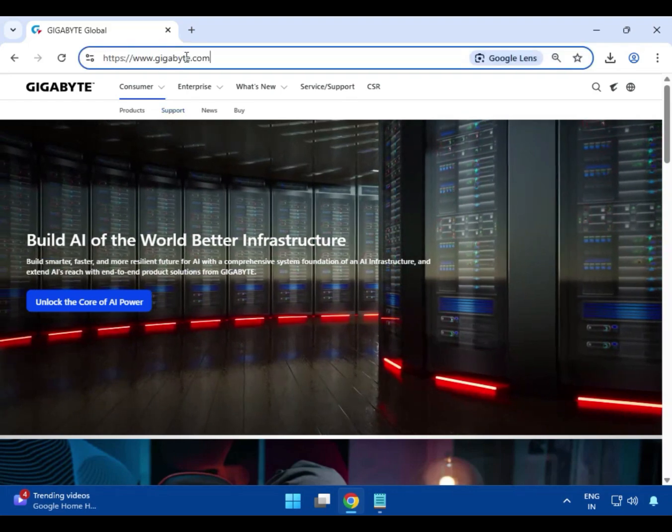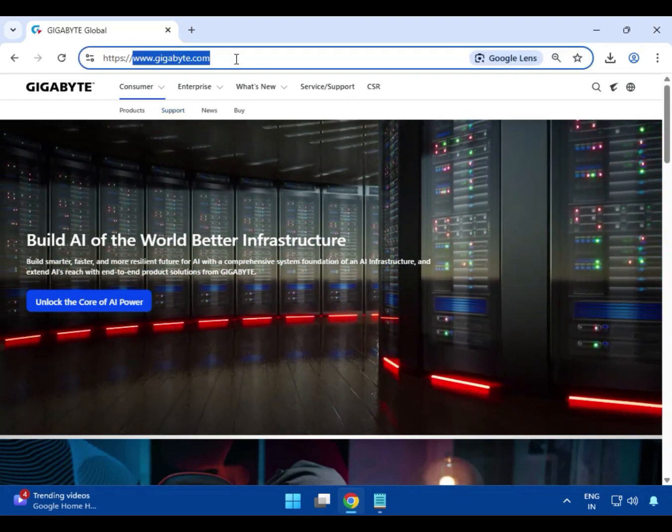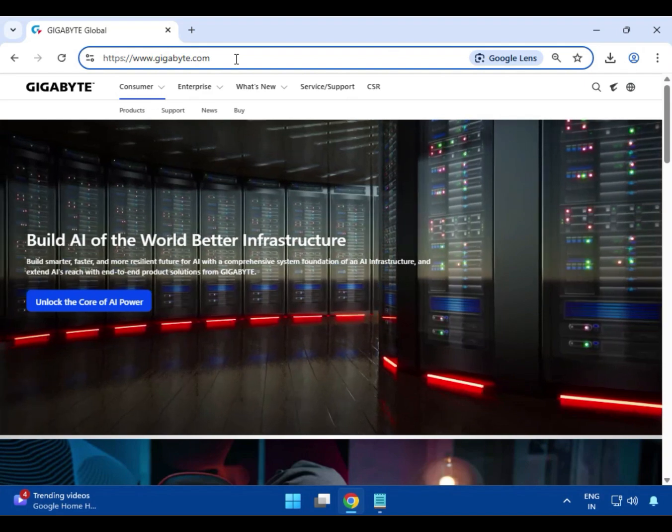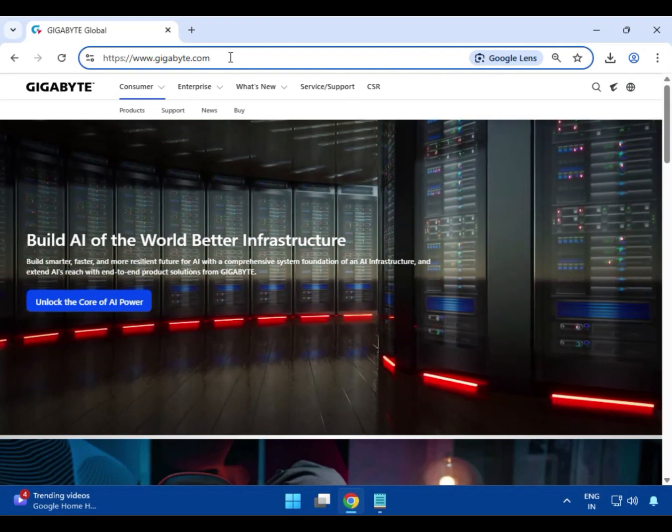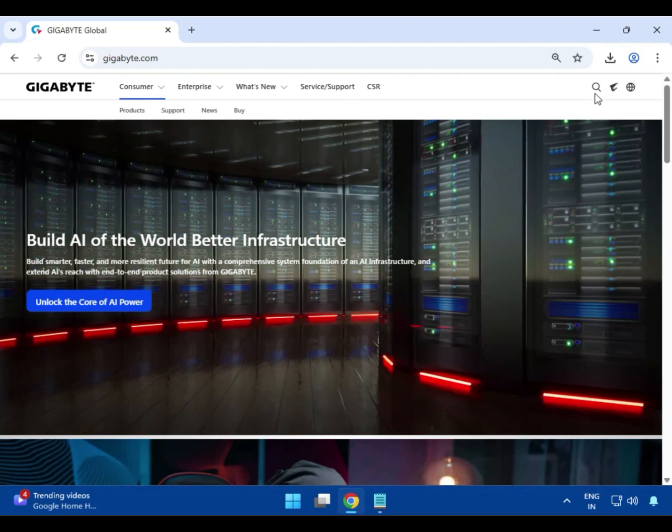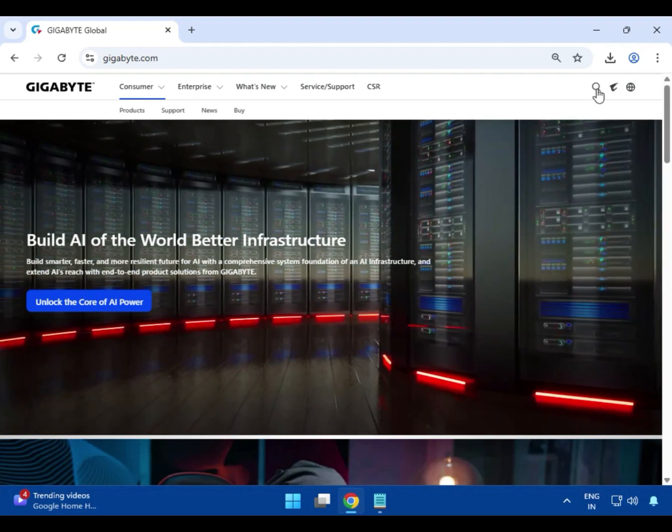So first you have to go on this site, www.gigabyte.com. This is the official website, so you can download the Gigabyte any devices driver. After that you can see in the right hand side the search icon. Just click on it